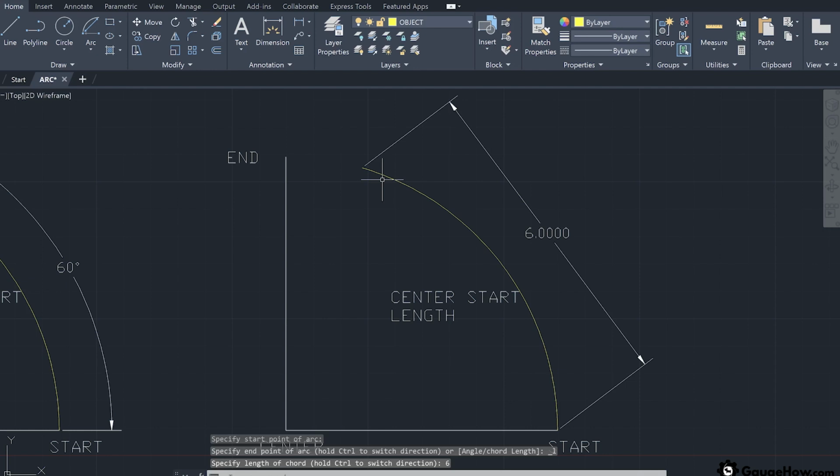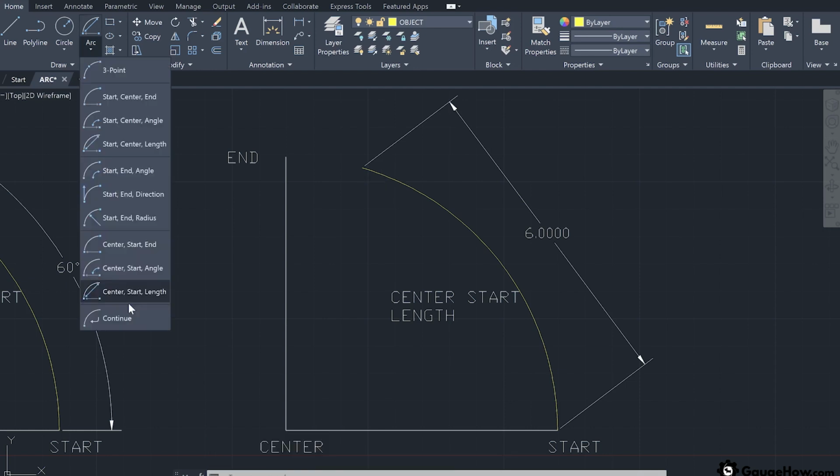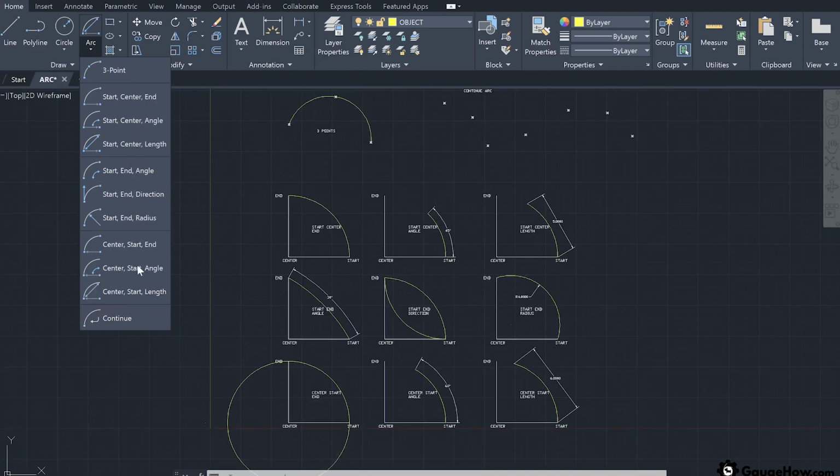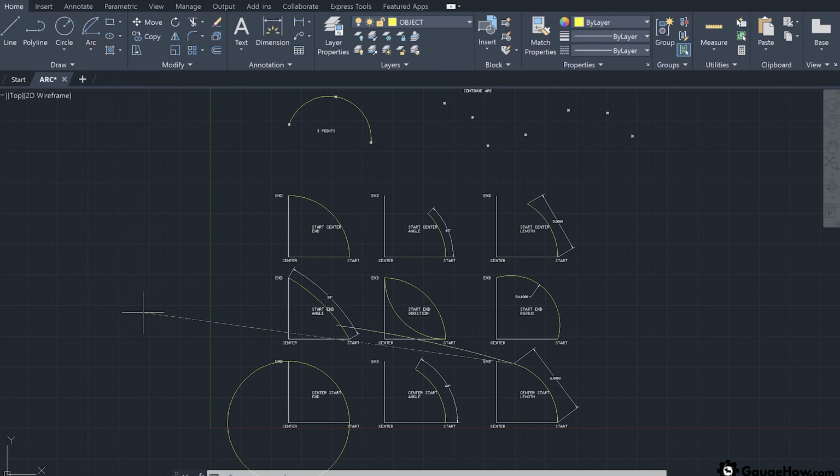Now the last option available, that is the continue, and this option creates an arc tangent to the last line or the arc that is drawn. Now to understand this option, first let us zoom to the extent. Now again select the last option, that is continue. And now you will see that after selecting the continue option, the arc started from the last end point of